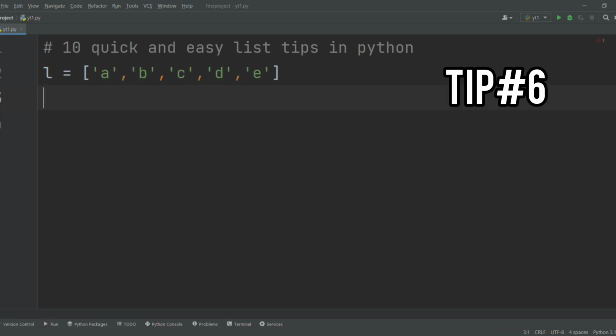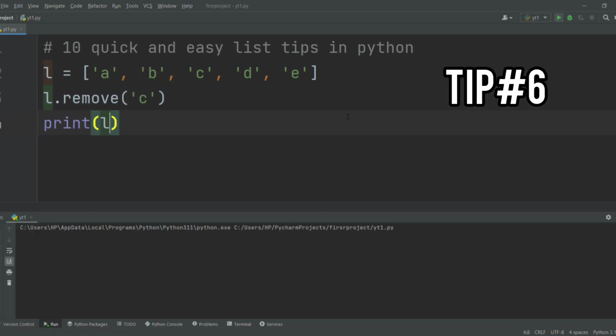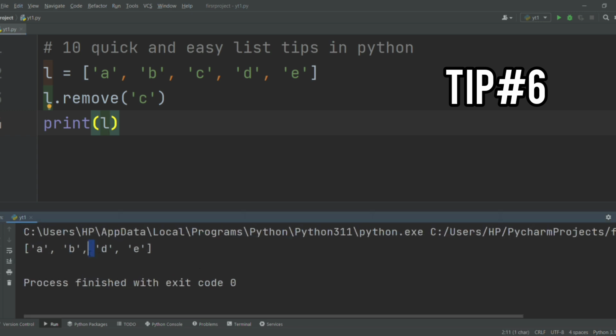So suppose you have a list of characters and now you want to remove a certain element. It would be okay to use the pop function, but suppose you have a bigger list and you are given a certain value. Now you have to remove that element. Instead of using the pop method, there's another method called remove. You can write l.remove and here I want to remove C for example. Then that's it. Now let me print L and show you the results. And as you can see, C is removed successfully. Let's move on to the next step.